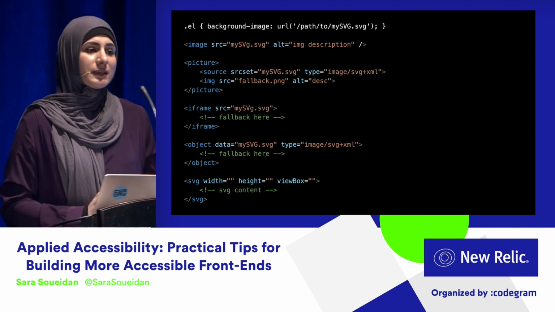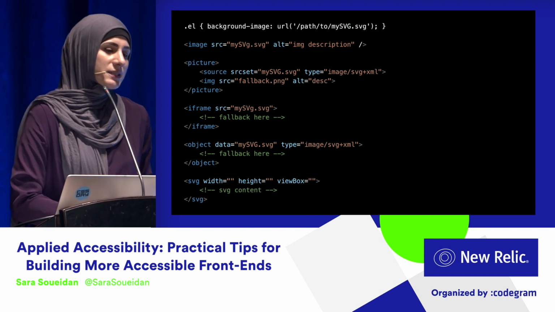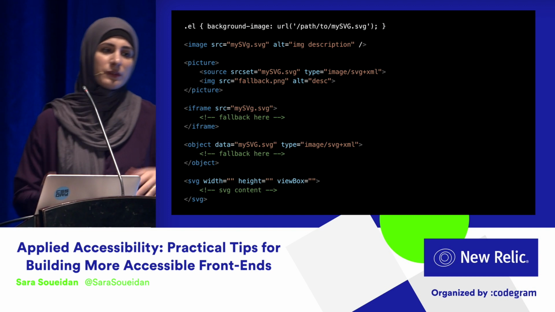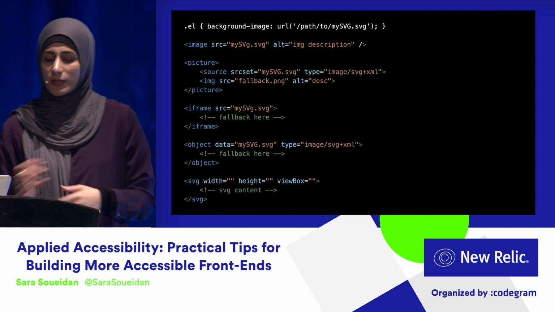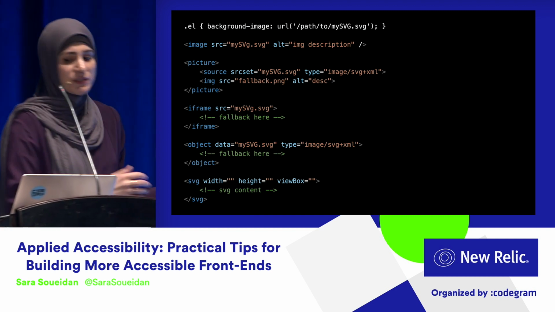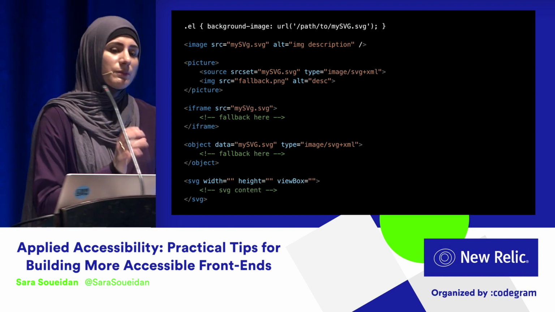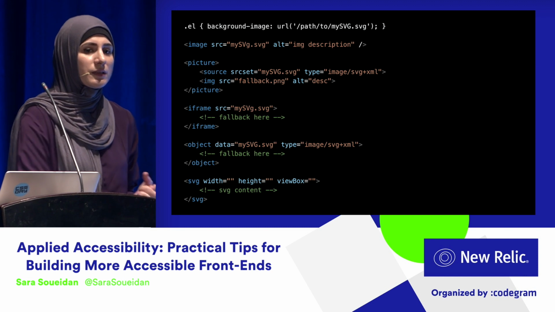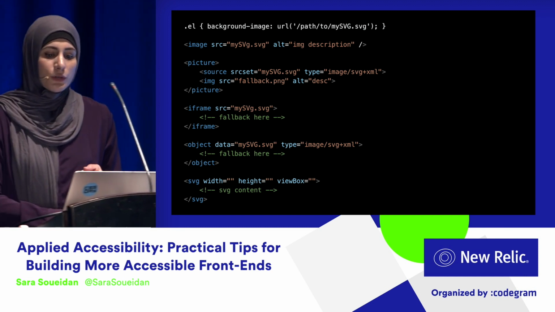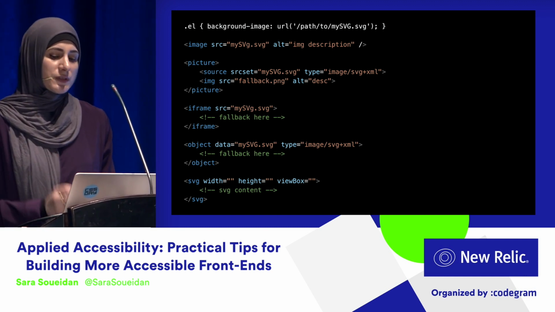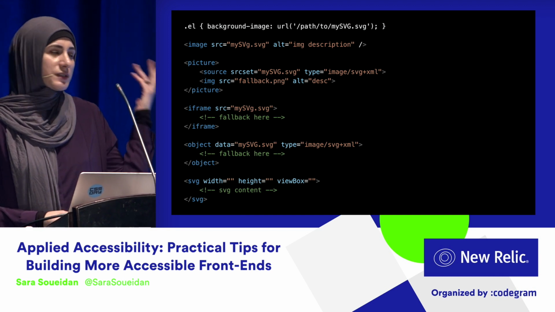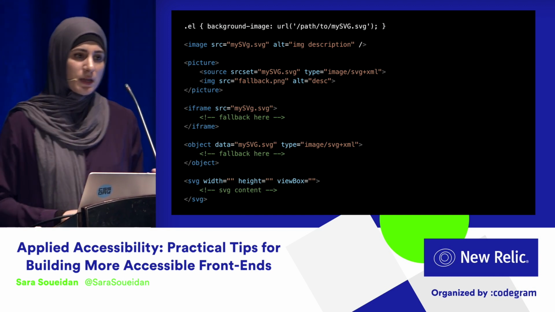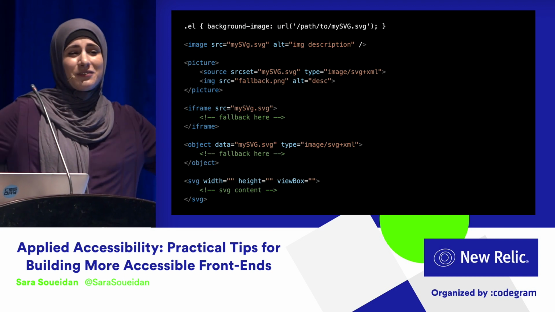Now, each one of these techniques has its own pros and cons. Some of them can be animated, some of them cannot, some of them can be interacted with, some of them cannot, some of them can be cached, some of them cannot. So when it comes to embedding any SVG, I usually ask myself a set of questions, and then I choose the embedding technique based on that. Now, usually for charts, my choice is very easy. I usually go with object because an SVG chart is usually a very, very big SVG file,